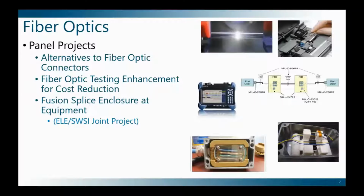Recent projects in the area of fiber optics have focused on fiber optic connections, as well as new test methods to increase efficiency of the testing process. A commercially available testing system was identified by the panel as an opportunity to improve fiber optic testing in ship construction environments. Benefits of this test approach include significant time savings for testing processes and improved data to the test